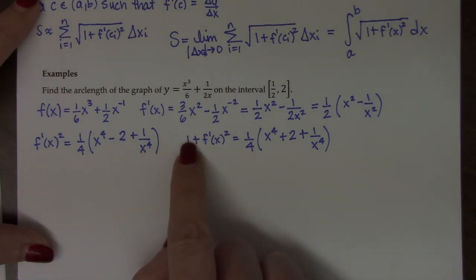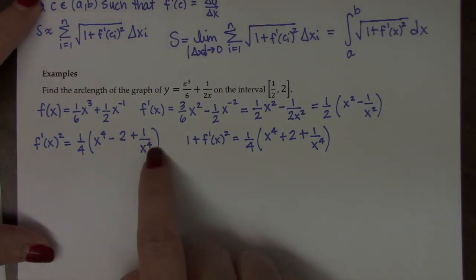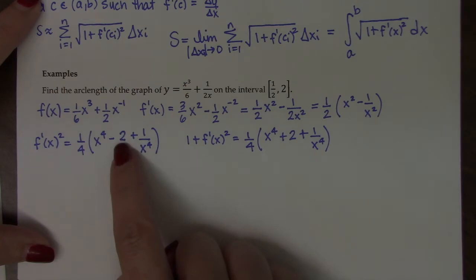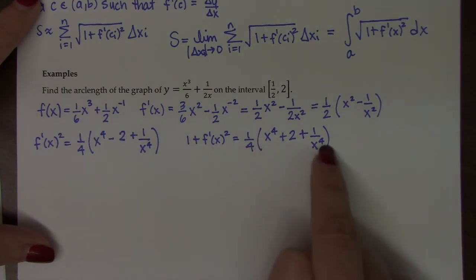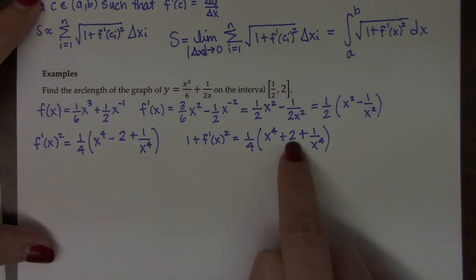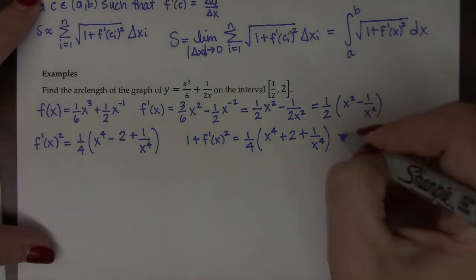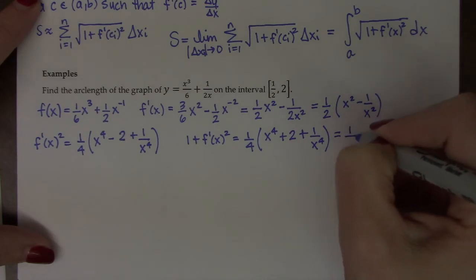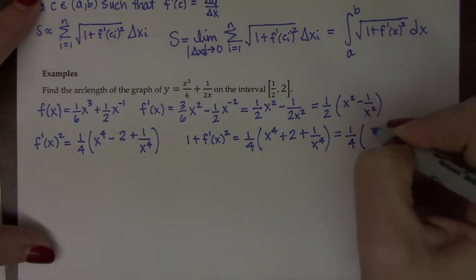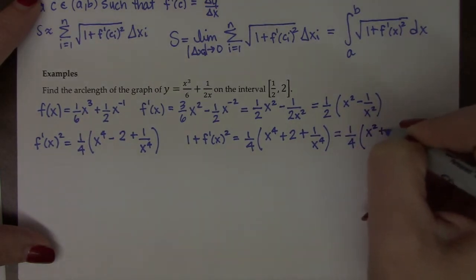Well, if you add 1, the 1 wouldn't get added to either of these terms. The 1 would get added to the whole number. Well, if this is really negative 1/2, when you add 1, you now get positive 1/2. So if you check this, when you distribute the 1/4, this is now a positive 1/2. But this thing actually factors. So this is the same thing as 1/4 times